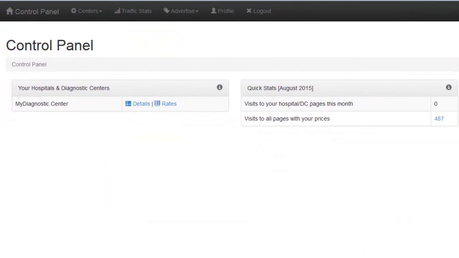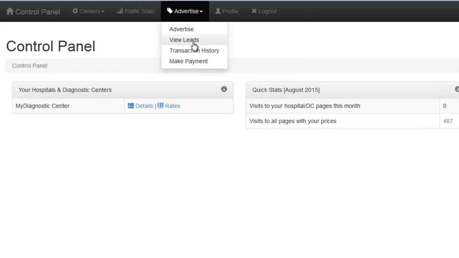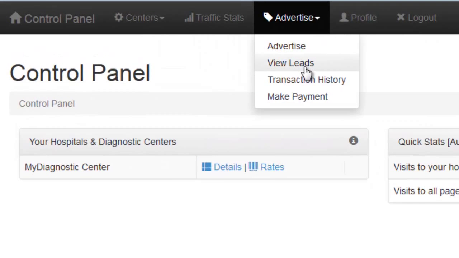After you make the payment, your offers will be made live, and you will see leads on this leads page. For every lead, a unique offer code is sent to the end user, and that same email is sent to the diagnostic center owner as well, on the email address which you have provided while registering. You can see the list of leads in the lead section and all the transactions in the transaction history.